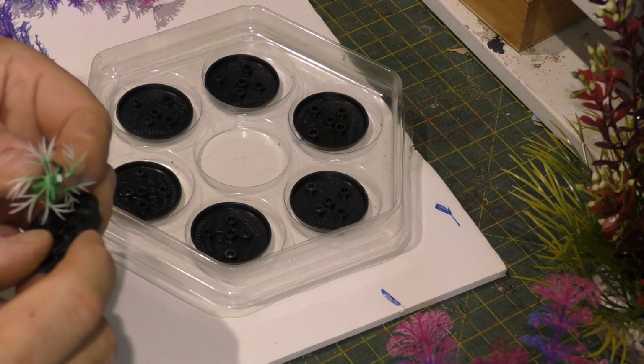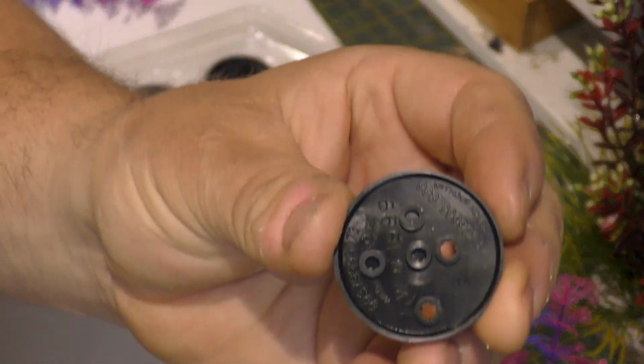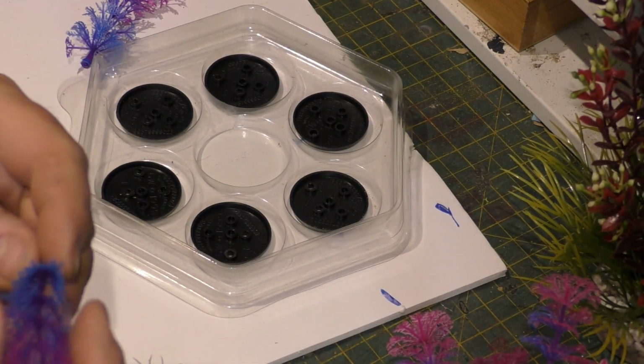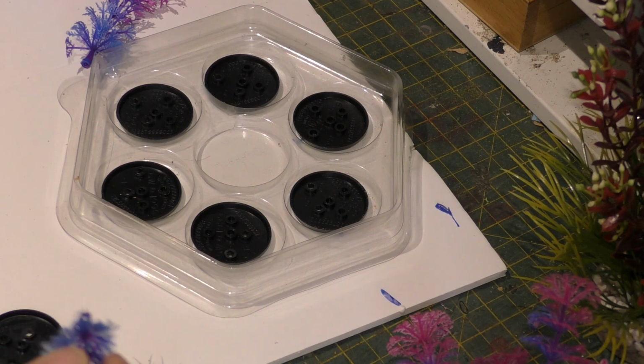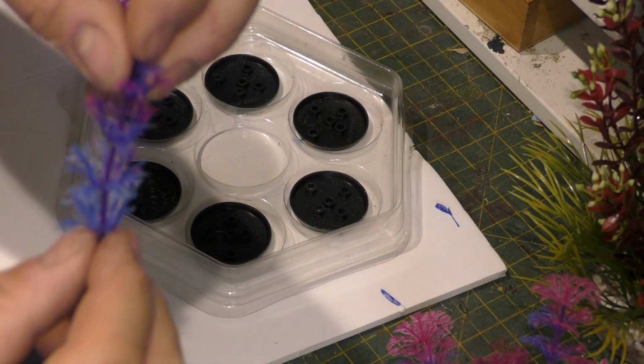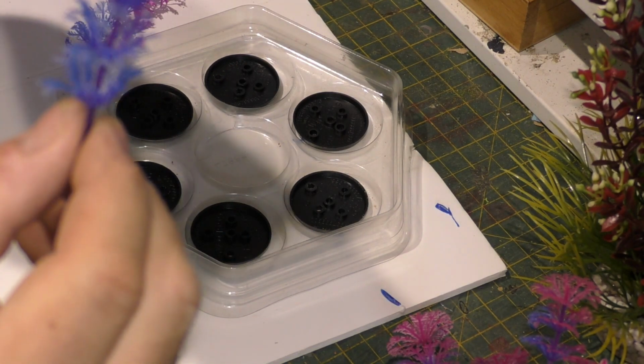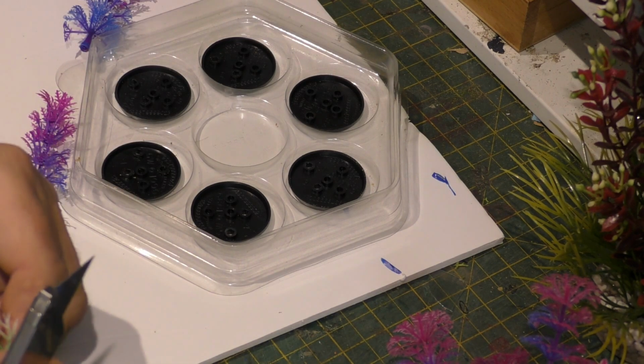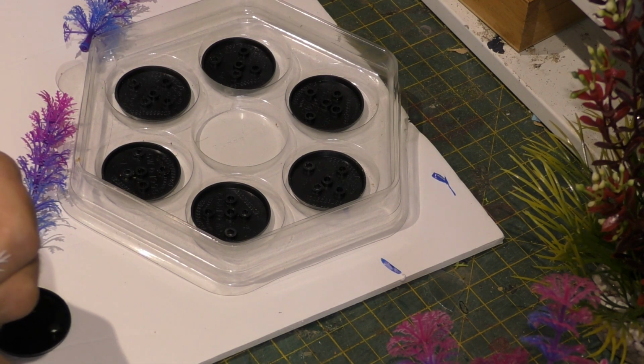These GW round cavalry bases have very conveniently got all these holes in the bottom anyway. So if I trim that up, I can stick that in the middle there, and then rather than take it from the top, I can cut from the bottom and have these kind of blue plants growing up. Might be interesting to see if we can make some fruit or something cool. But essentially,